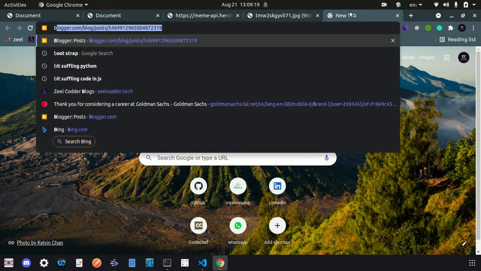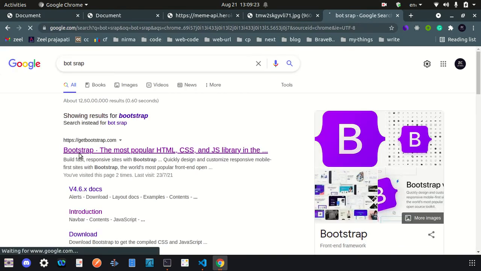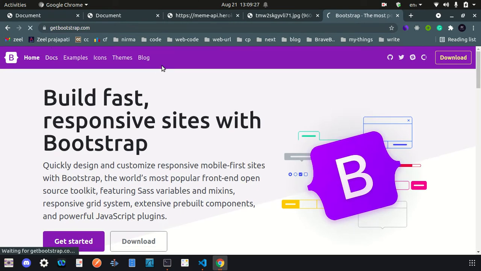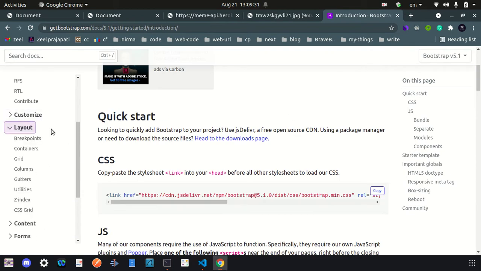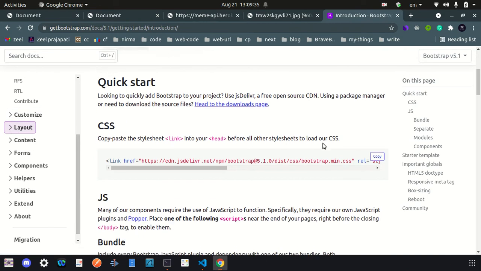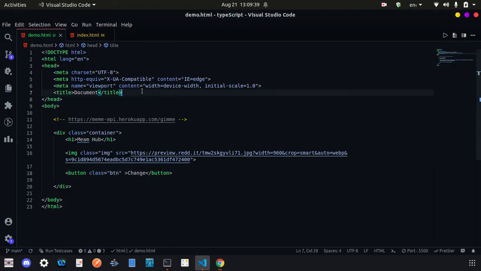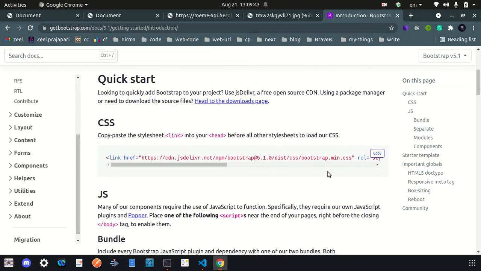Let's start doing CSS. You can also use Bootstrap here. Bootstrap is a utility which gives you default functionality of JavaScript and CSS. They have custom layouts and components like input and output, and it is purely responsive. We are going to use only the button here. I am not going to use the whole Bootstrap for my project.